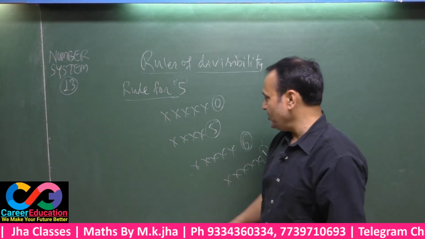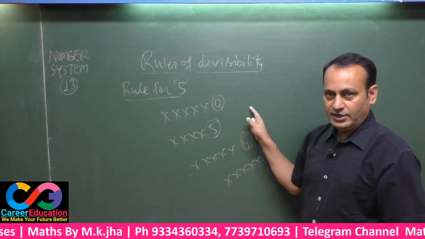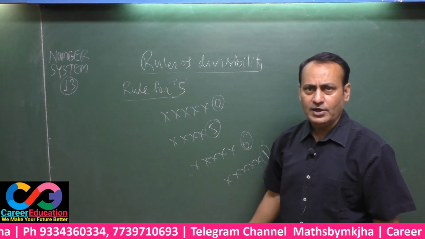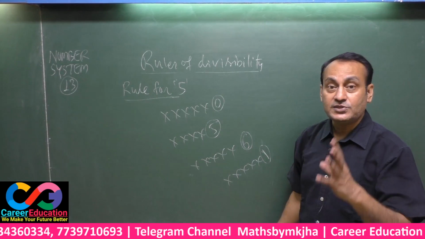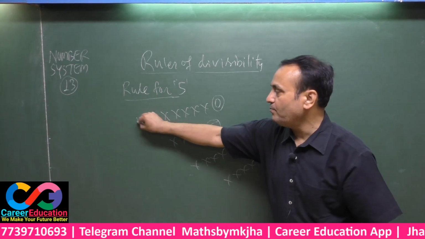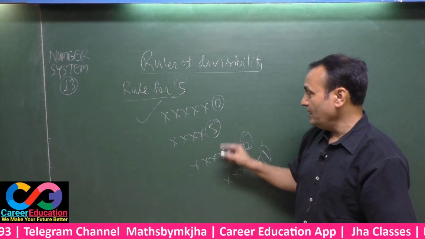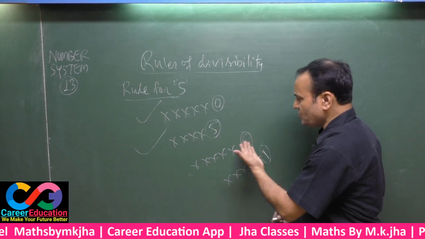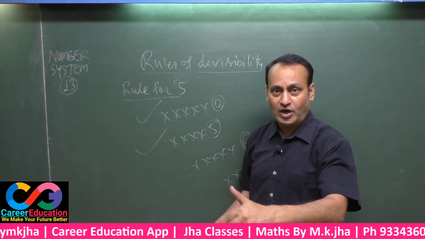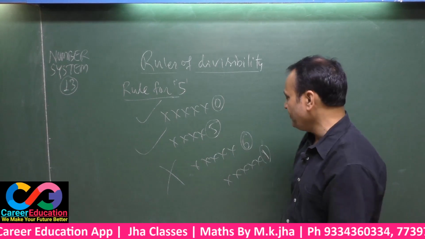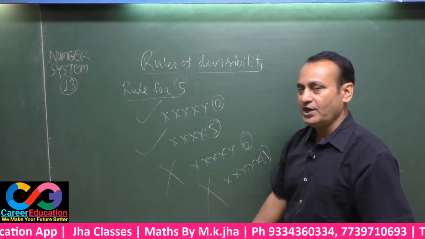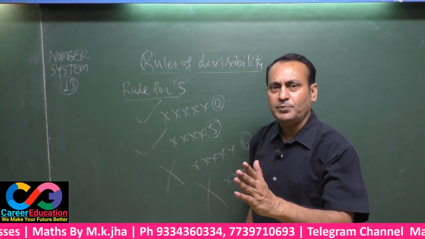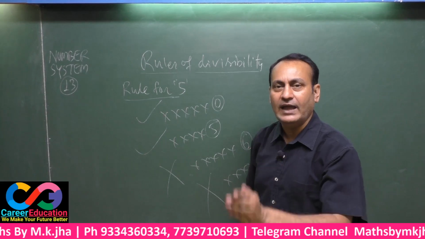See here, some examples are written. This is your given number, and you have to check whether this number is divisible by 5 or not. At the unit place 0 is available, so this number will be certainly divisible by 5. You see 5 here, certainly this number will be divisible by 5. You see 6 here, that is something other than 0 or 5, so this number can't be divided by 5. You see 1 here, this number can't be divided by 5. In order to get a number divisible by 5, at the unit place either 0 or 5 should be there.